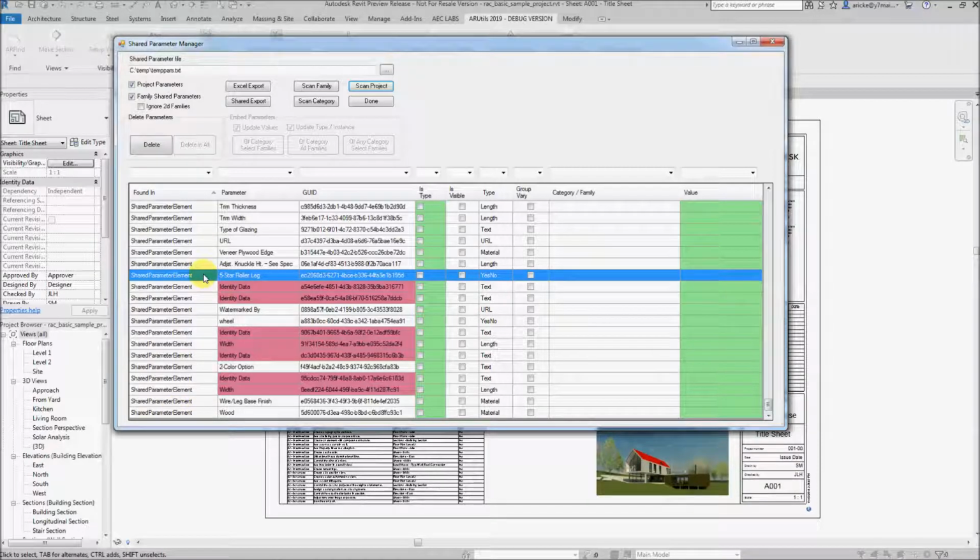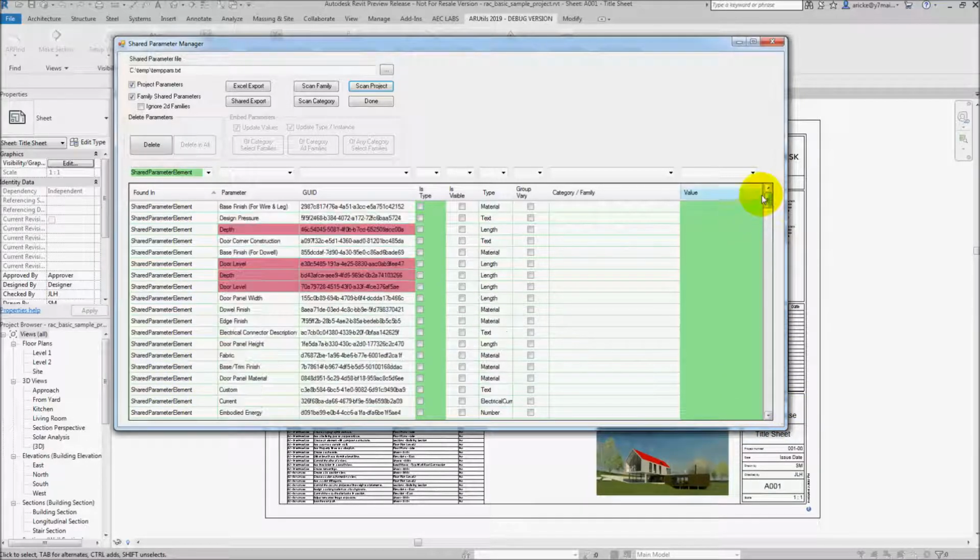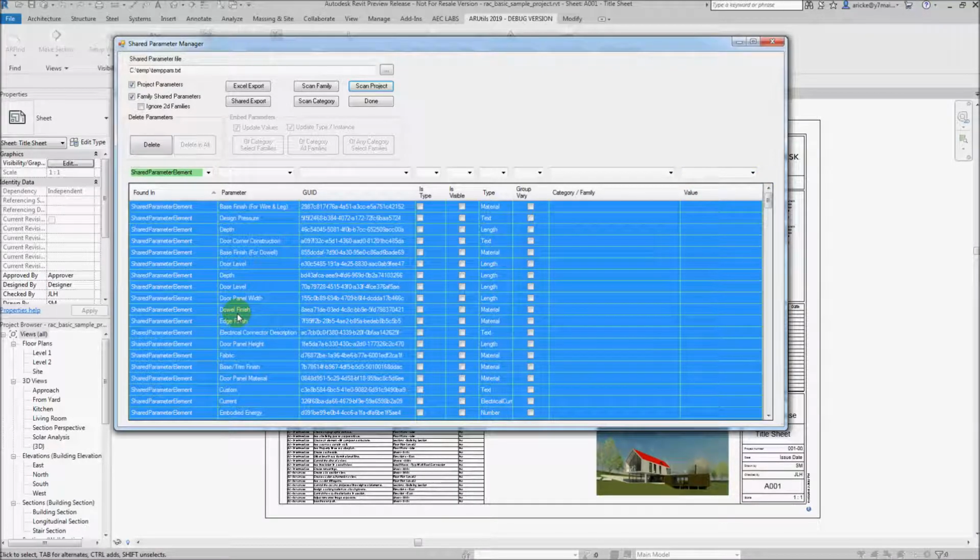Okay, so for me the first step to clean up this project now and start rationalizing it would be to just show shared parameter elements. So we're just filtering on that, and we'll now just pick all of those. Remember, this is not a complete list of shared parameter elements, just the ones that haven't been used in a family or tag family. So we've got all of those selected now, and we can just go to delete, or we can right click delete parameter,